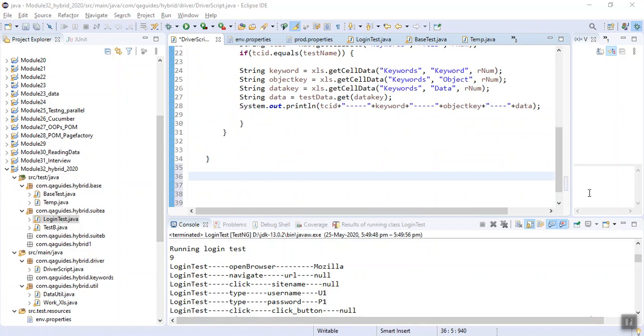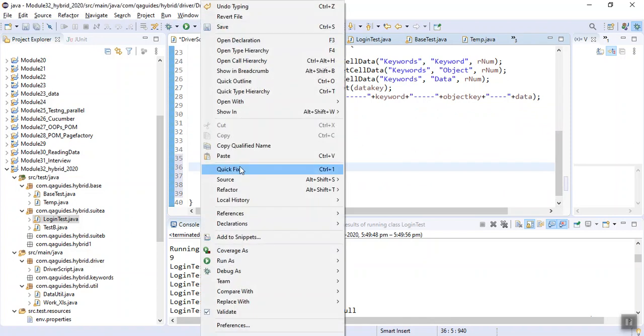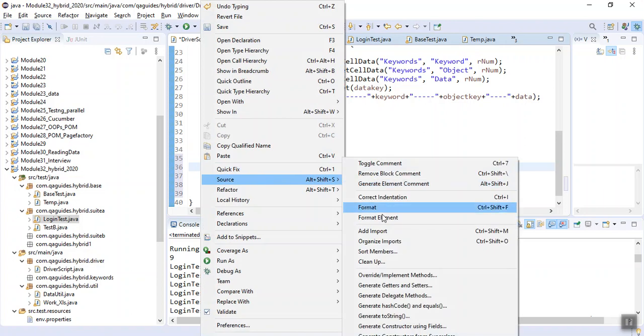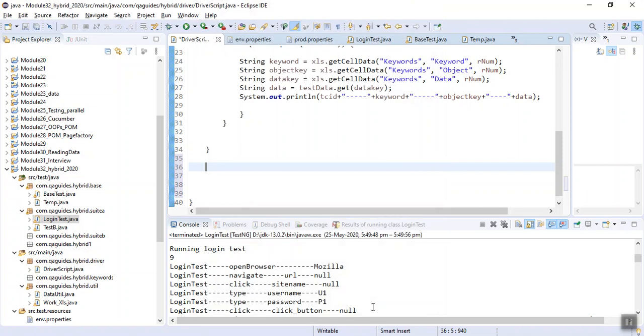Let's work on it. See, they are created automatically. Just go to the end of your script before the last brace, right click here, and you will see Source, and here you will see Generate Getters and Setters. Click on it. Select both the variables, envProp and prop, and click on generate.